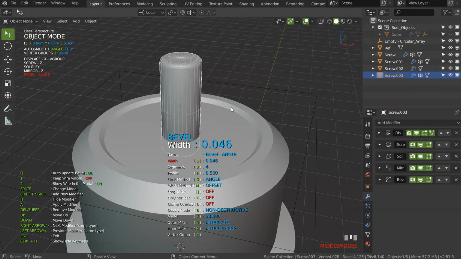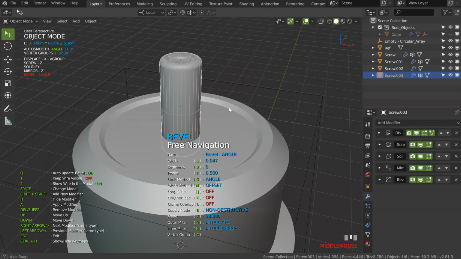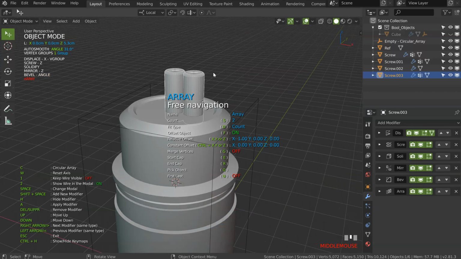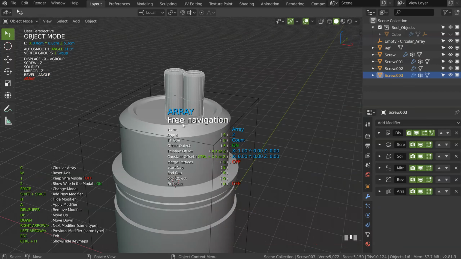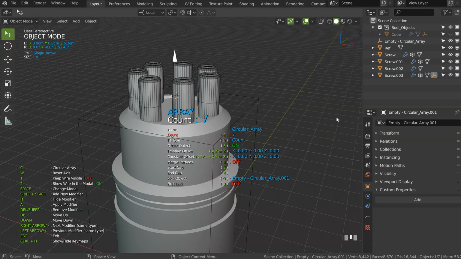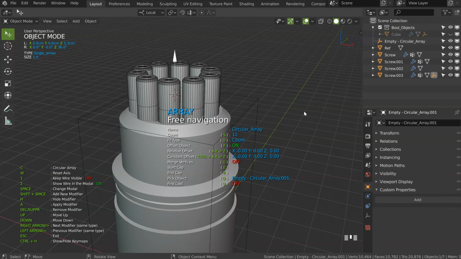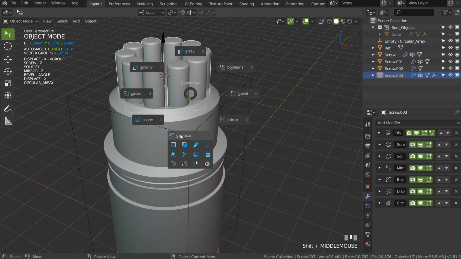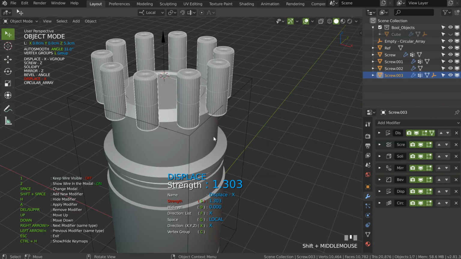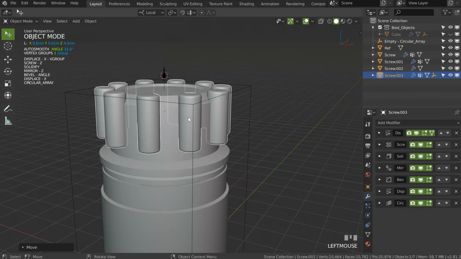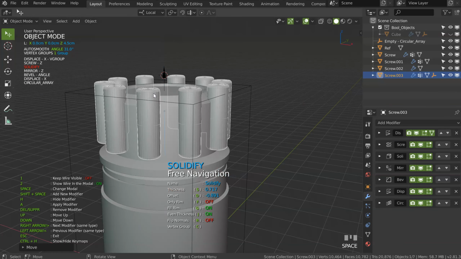Press space, add a little bevel, and add some segments, and that's it. So now what I will do is add an array. I will press C for circular array, C, like that, and S to change the count. Okay, so let's make something like that. I can now play with the displace, like that, and of course I just need to move my object, and let's see, to play with this.